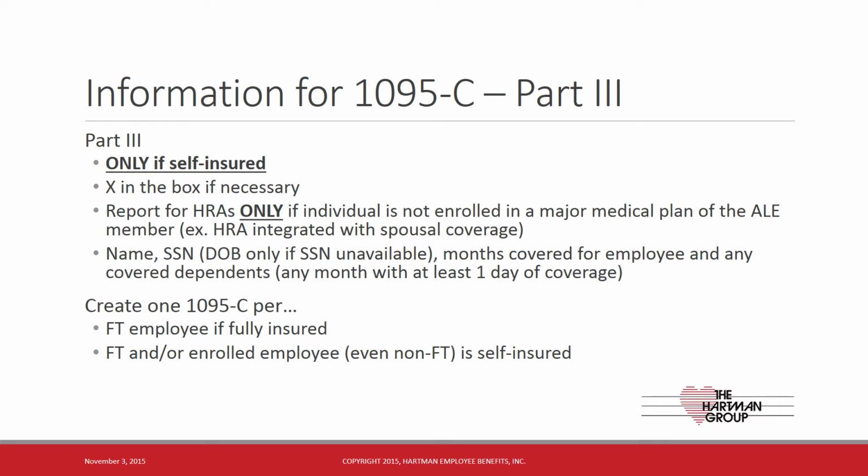Additionally, you'll be creating one 1095-C form per full-time employee if the plan is fully insured. You're documenting to the IRS for each full-time employee whether an offer of coverage was made, and so it will be one form per full-time employee. Anyone who is not full-time for any month of the calendar year would not receive a form unless the plan